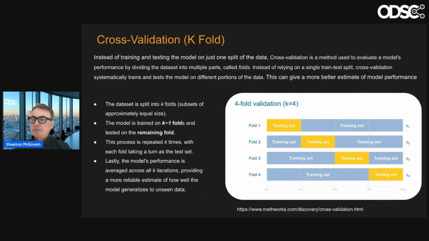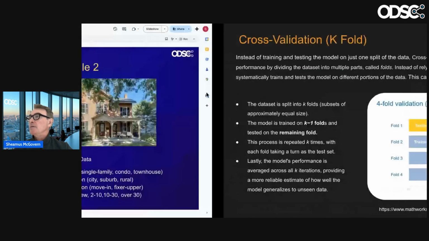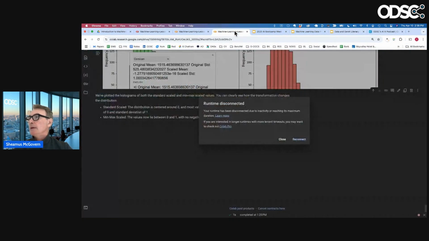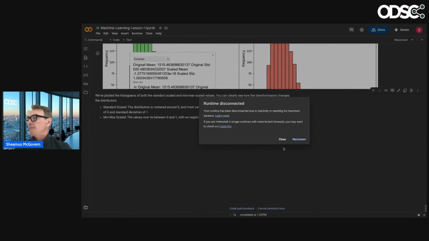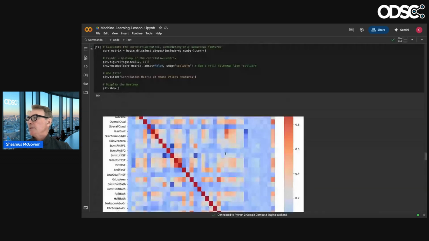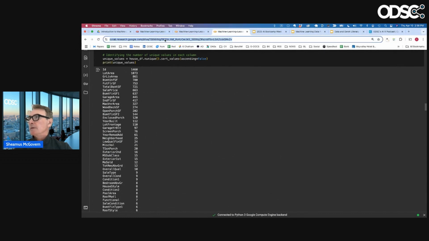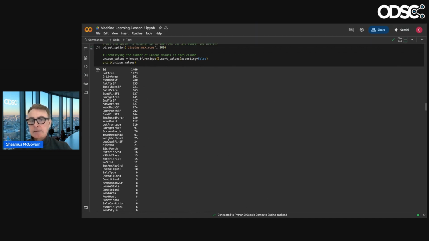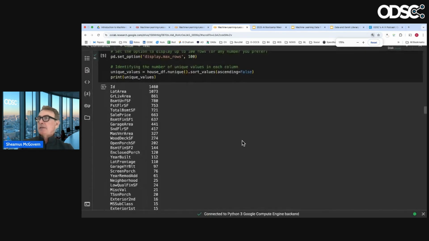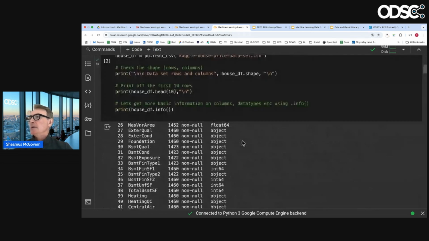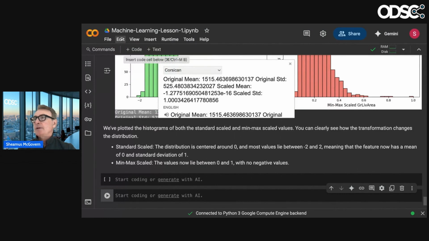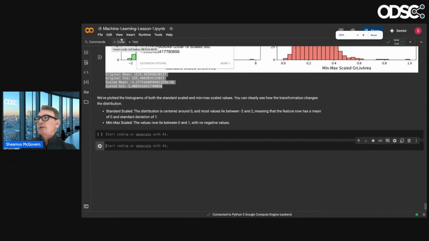So let me see. Let's get to the notebooks. You guys like it when I share the notebooks with you. So let me get you the first notebook. I've got to reconnect here. So this is the first notebook, and again, you can grab it from the chat. And as always, I've got to zoom in here, right? So let me know if this is clear. Let me clear out my output so I can run the code. And again, don't feel like you have to run the code with me.